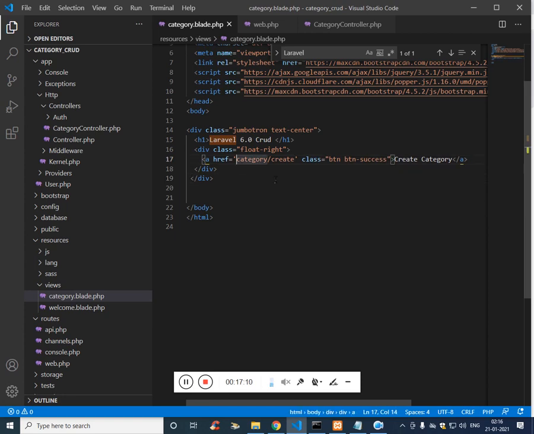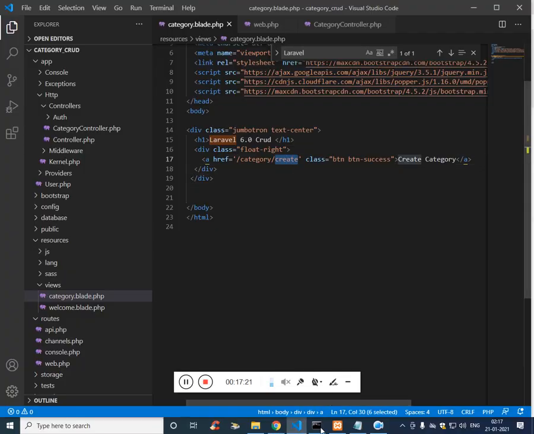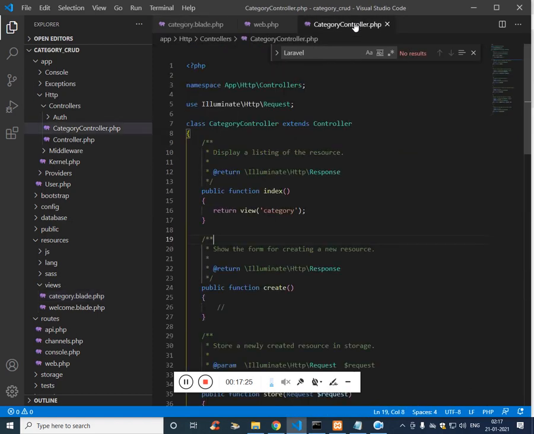Make sure to add the slash over here or else you will get an error. Refresh it. Create Category is there. Once I click here, as we already see, it will get into the controller and it will call the create function.